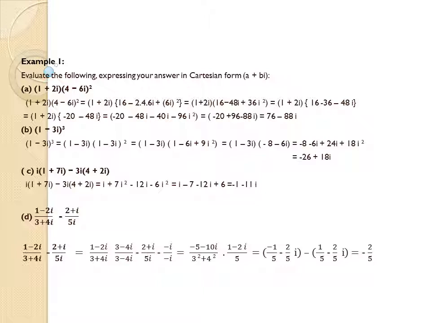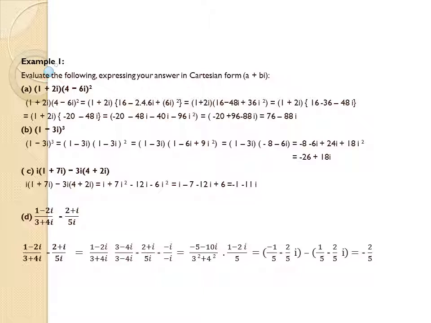For 1 minus 2i divided by 3 plus 4i, I will multiply this with the complex conjugate of 3 plus 4i, that is 3 minus 4i divided by 3 minus 4i, because we are multiplying both numerator and denominator with 3 minus 4i, so it doesn't matter. And 2 plus i divided by 5i, we will multiply with minus i in both numerator and denominator. So it becomes,